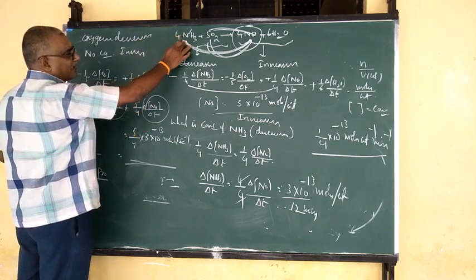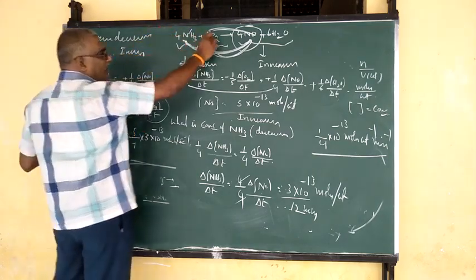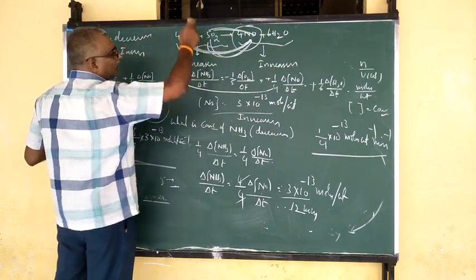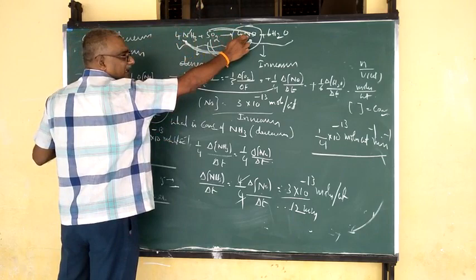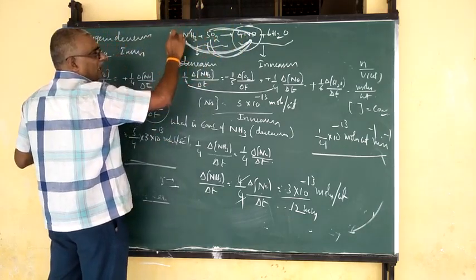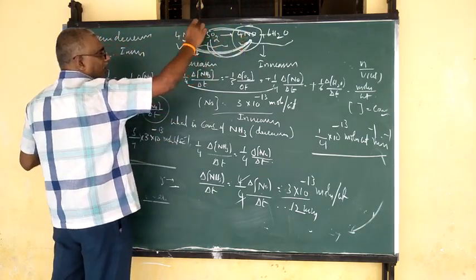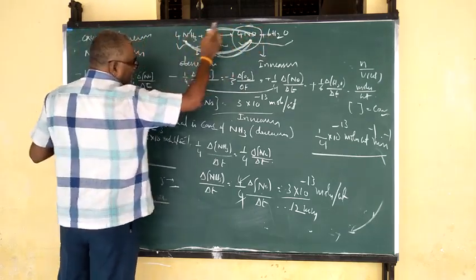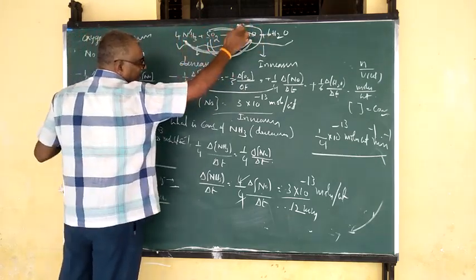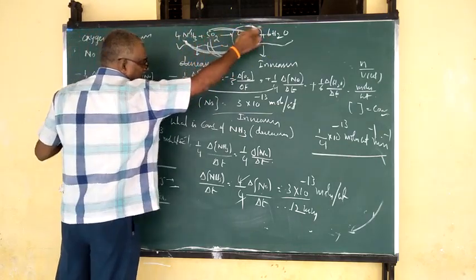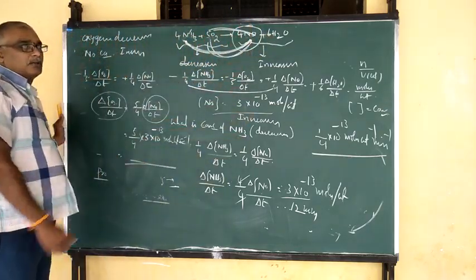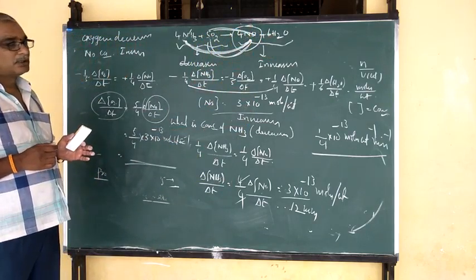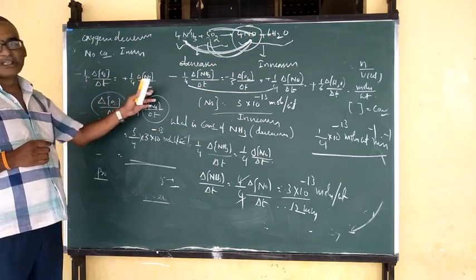That's why in this question, what is the relation? Oxygen and NO relation. Before that, ammonia versus NO. So the same thing: ammonia versus NO, oxygen versus NO, ammonia versus water, oxygen versus H2O. Like that. First, see what is given and what is to be calculated, then we try using this.